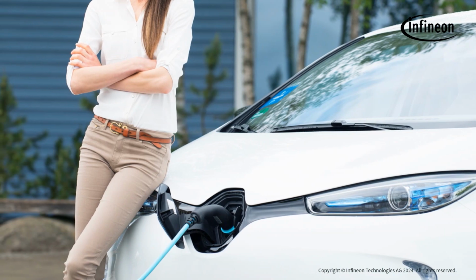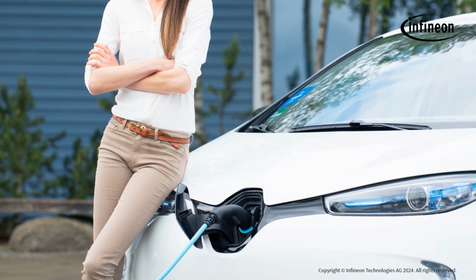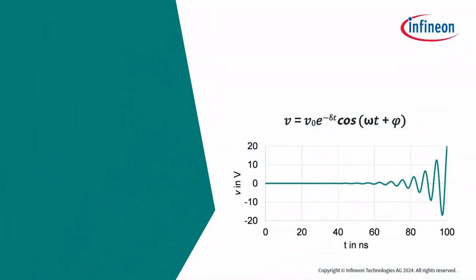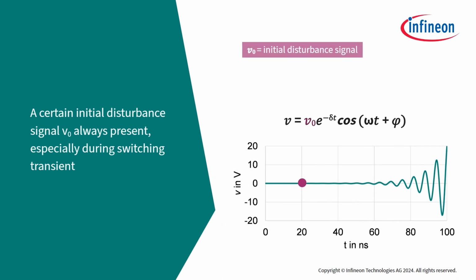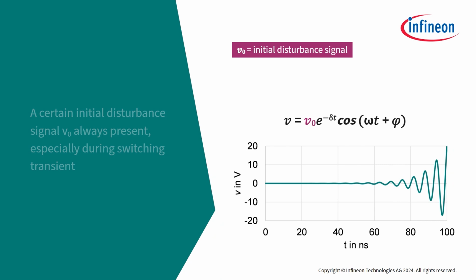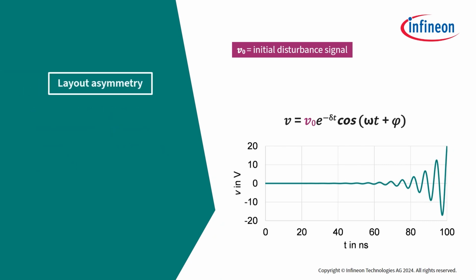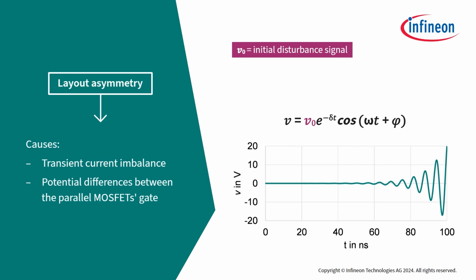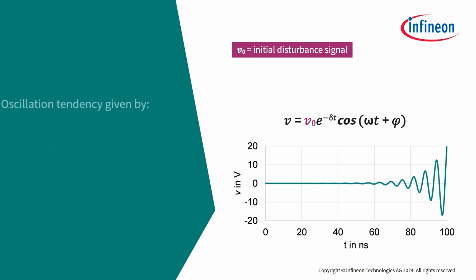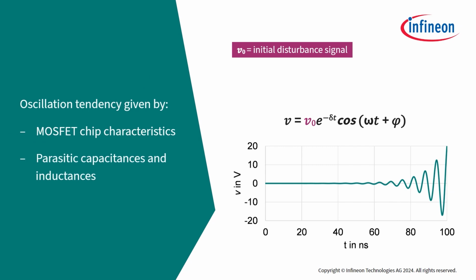Now, let's go deeper into the physics behind this problem. Due to the chip parameter difference or layout asymmetry, a certain initial disturbance signal V0 is always present in the system, especially during the switching transient. One important root cause could be the layout asymmetry, which causes transient current imbalance and potential differences between the gates of the parallel MOSFETs. This oscillation tendency is given by the MOSFET chip characteristics and the parasitic capacitances and inductances